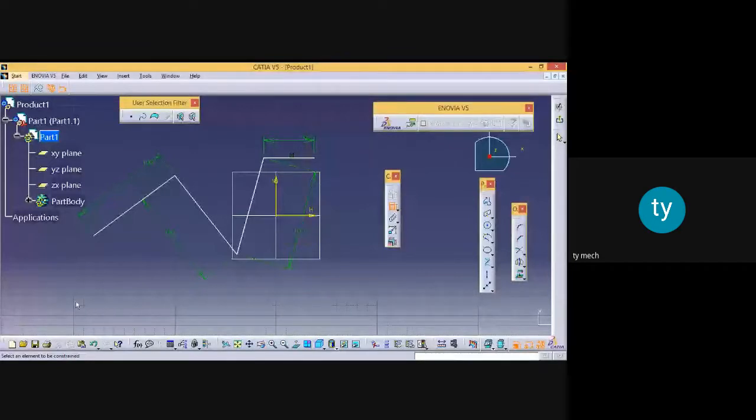The constraint command is useful for giving any kind of dimension, and it is indicated by green color. If your drawing is properly constrained, then it is indicated by green color. If it is dimensioned 2 times, then it will be over constrained. Now you can see the color of the line is changed and it has become pink.